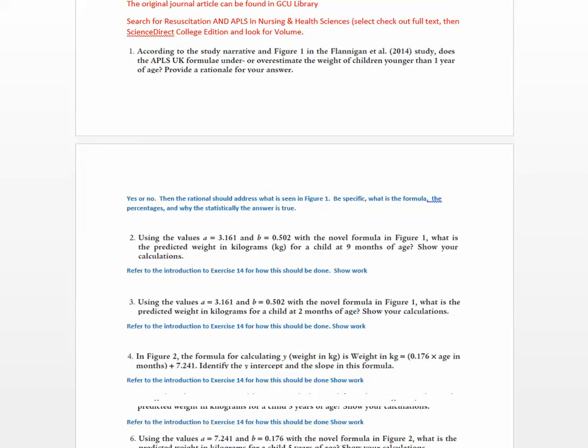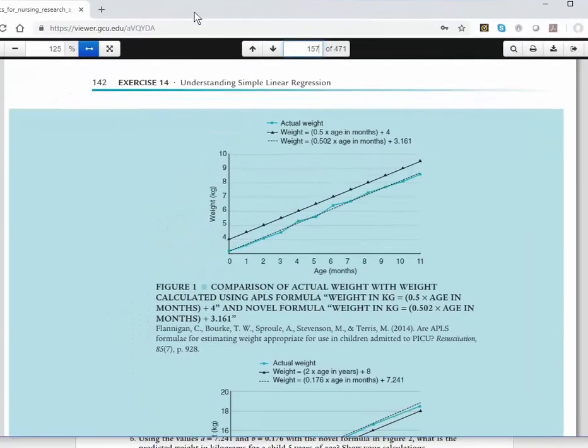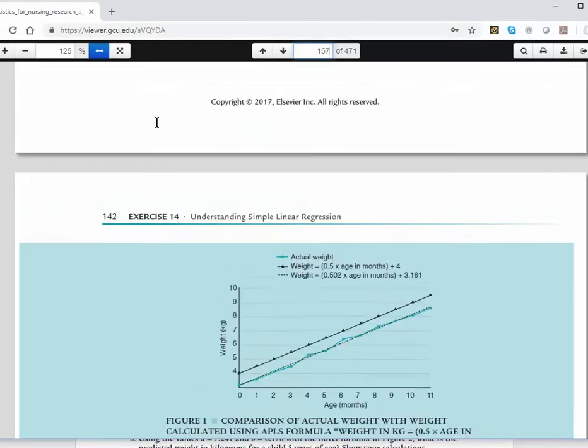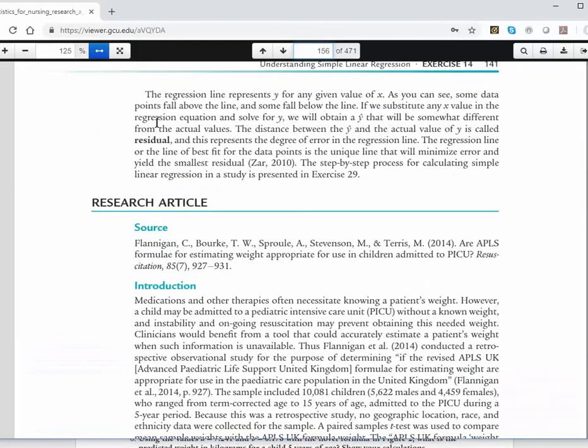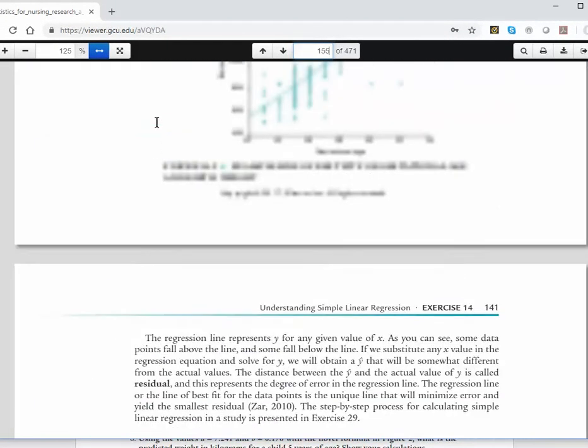Now, when you get to question 2, it says using these values for the Novell formula, what is the predicted weight? So what you're trying to do is predict weight for a child at 9 months old. If you go back to the introduction of this chapter, this is where they're going to talk about this, the complete introduction where they talk about the meaning of